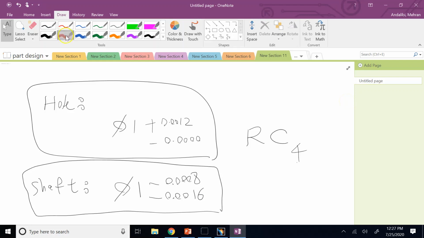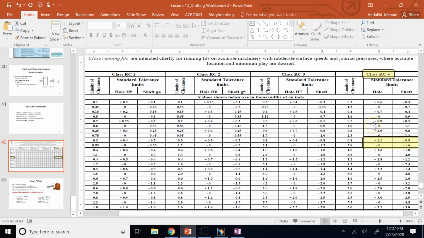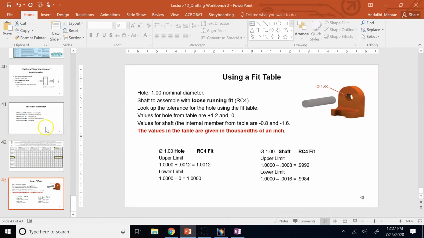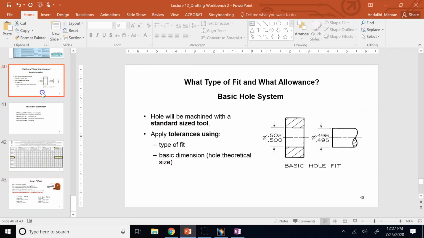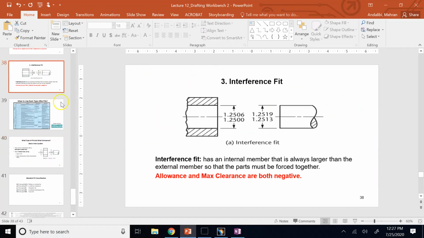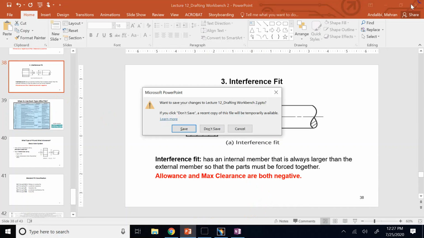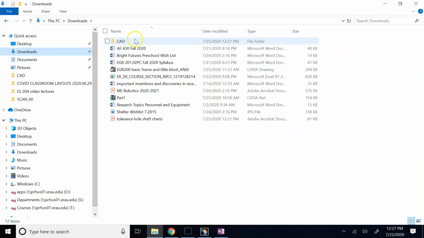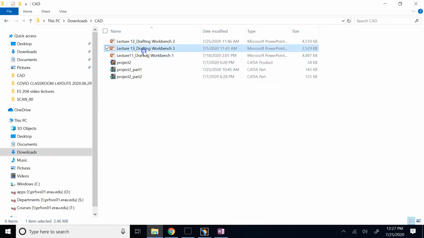All I need to know is my nominal dimension, and I need to know my class of fitting. Those two will get me these pluses and minuses. The only thing I need to make sure is multiply all of them by 1,000. And then once I know my pluses and minuses, I put them in my drafting. So this PowerPoint is over at this moment, and I have one other PowerPoint which is not as long,